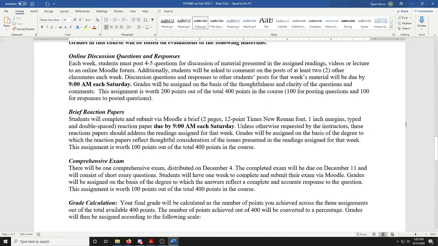You'll provide 4 to 5 discussion questions, okay? Legitimate questions that you have. I mean, please, this is going to be much more useful for you if you actually present questions that you don't really know the answers to. I think you will find that students can be an excellent source of information and bouncing ideas off of and getting feedback from.